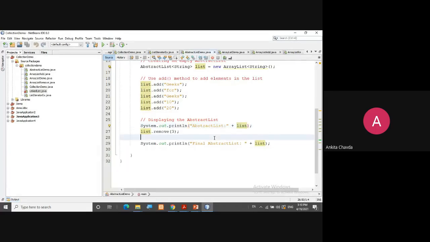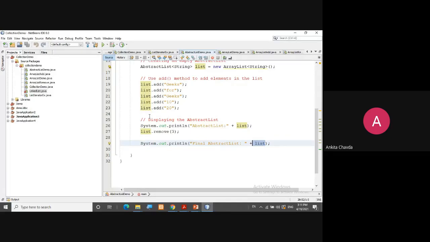So again we are printing the list after removing the elements, right? Very simple things. You just need to add, remove, append. Append means again you have to add only, or you are having two different lists and you wish to add all the elements of one list to another list. That is also possible by using addAll, right?